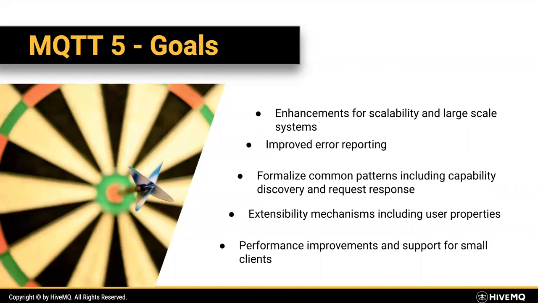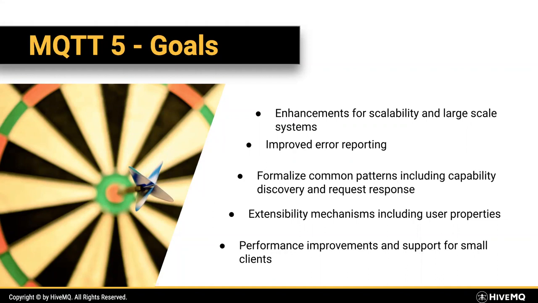So one might think, you know what, MQTT 3 has some good traction. Why do we need a new version? And the answer is there are a lot of reasons for a new version. Basically, the user base over the years collected a lot of feedback, and at the technical committee, the feedback was heard, and we created a new standard. And these are really the topics we focused on.